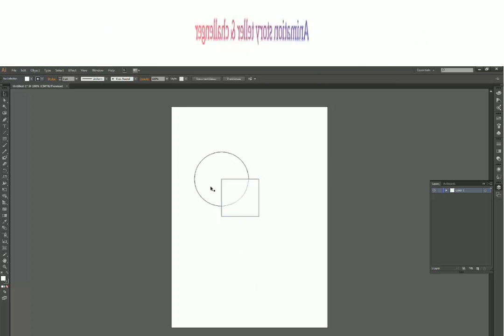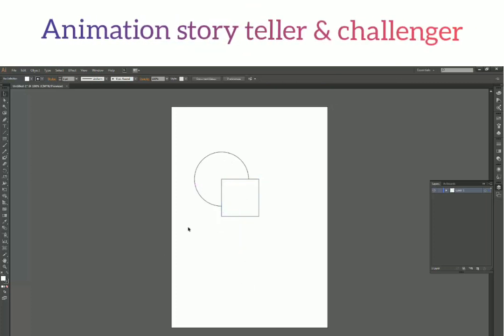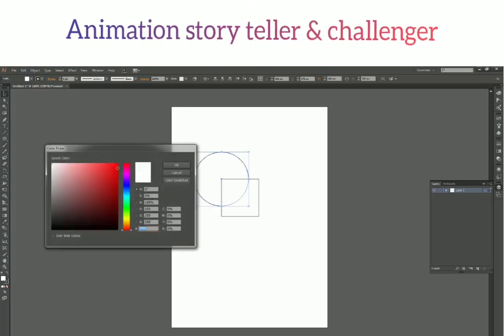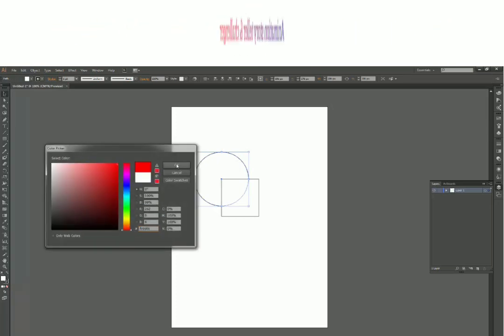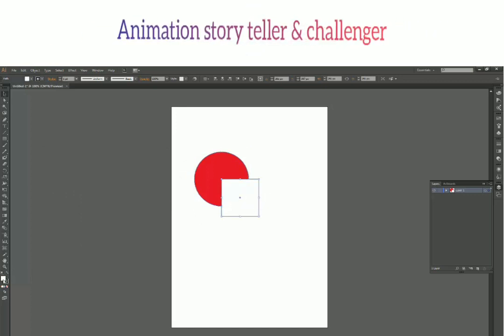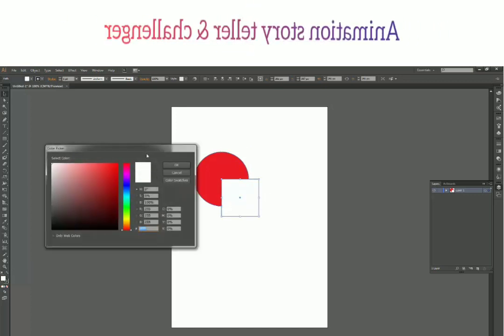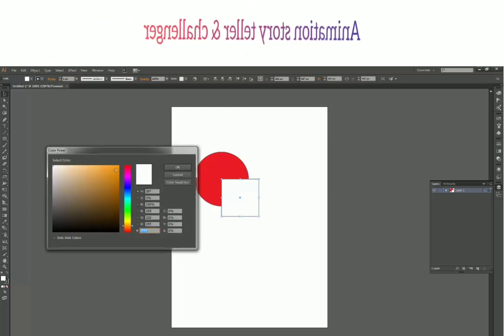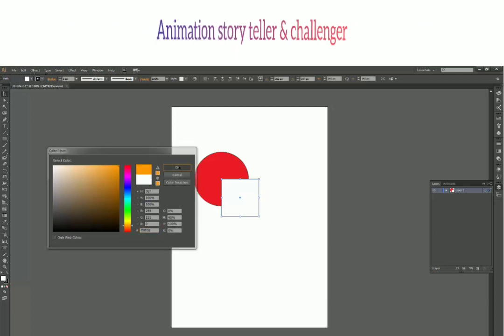Okay. Now we have two shapes, one above another, and I'm going to fill some color in them. Let's say red for the circle, and for the rectangle I choose orange, that is fine, I guess.